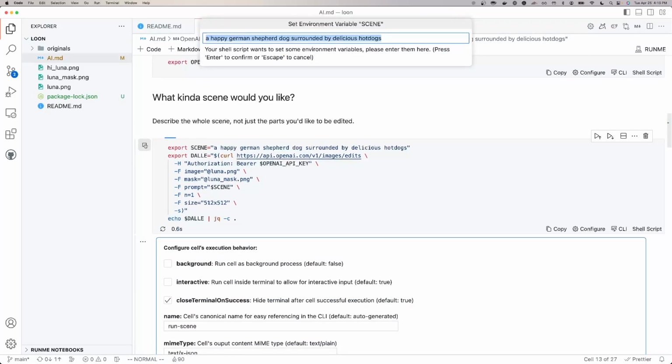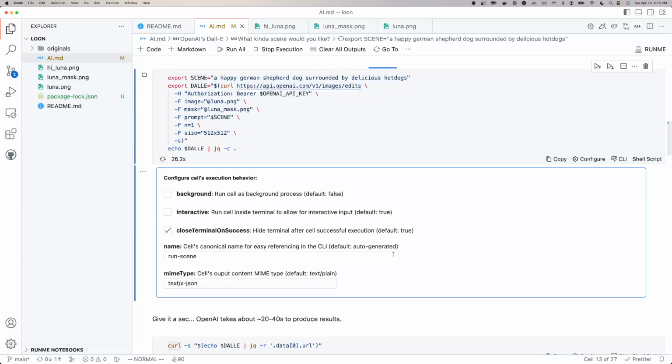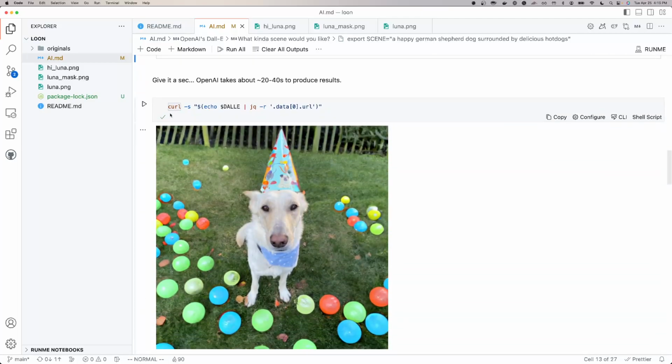How about a happy German Shepherd overlooking a Norwegian fjord? Is that how you spell fjord? Yeah. I will warn you that AI models, they're not perfect. They generalize, so the more specific you get, the less likely it is to be right. I wonder if it'll be like looking at a photo of a Norwegian fjord. I honestly don't understand why this is looking that way. But anyways,